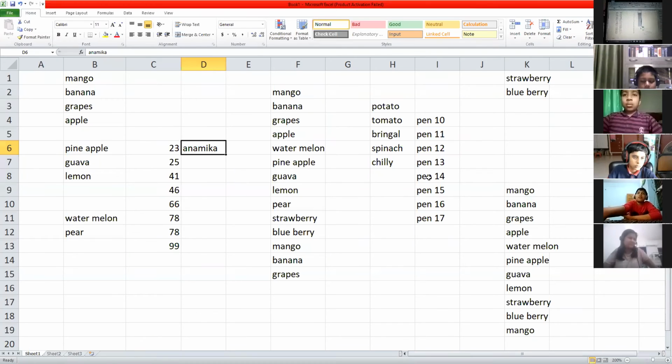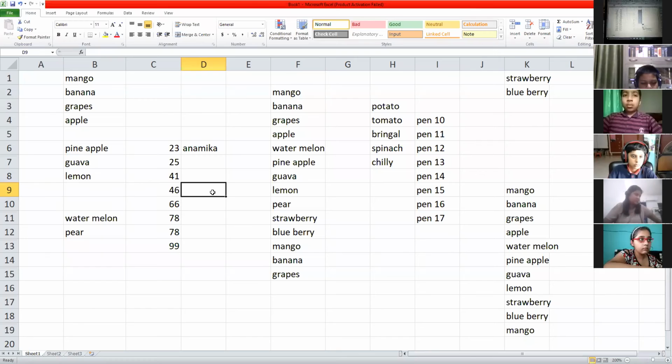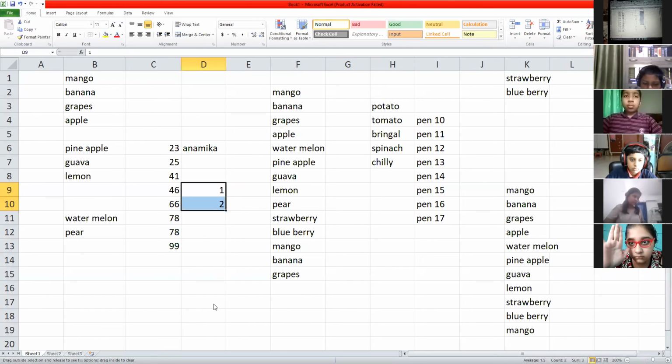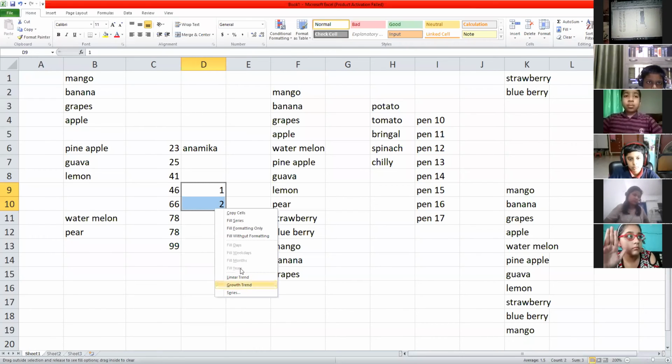If you ask for fill series, definitely it will fill that particular area, right? Just suppose I'm writing 1 here, then I'm writing 2. Now what you people are doing is clicking on this particular part. It's a different version, that is why it's not coming here. For my version, I have to drag. And for your version, when you click here, it asks for fill series, right?